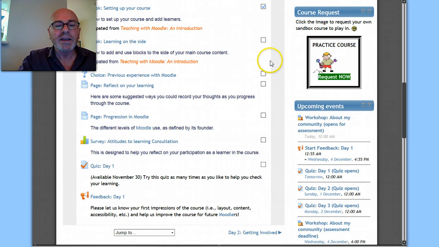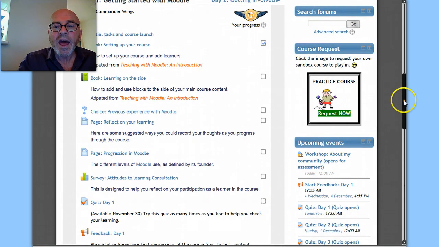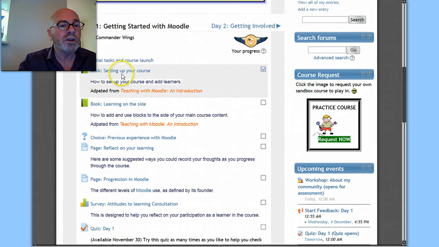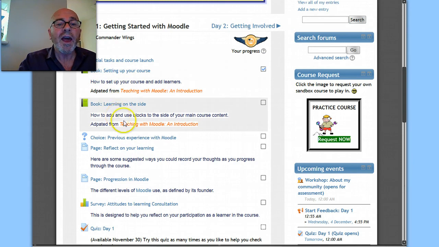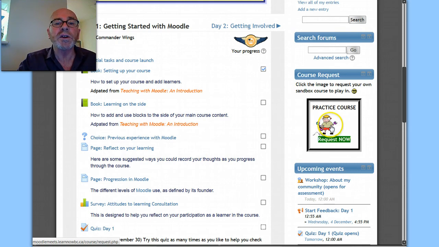Other activities, such as the quiz that's going to be available starting tomorrow, will check automatically when you've completed the quiz. So you don't have to check those, they'll be checked automatically. Okay, so basically what you're going to do is learn about Moodle and try out some of the tools, and you can click this on the side to request a sandbox course. If you don't have your own Moodle and you want to try some of these things out, just click this request and we'll be reviewing those and we can set you up with a sandbox course.